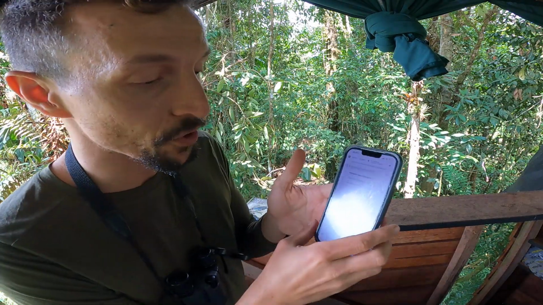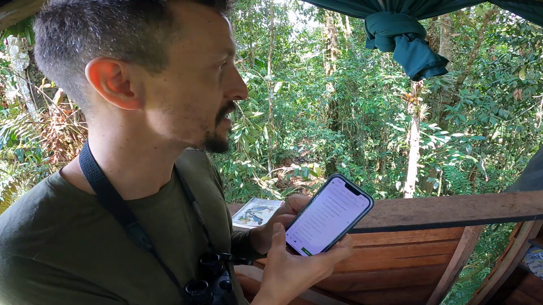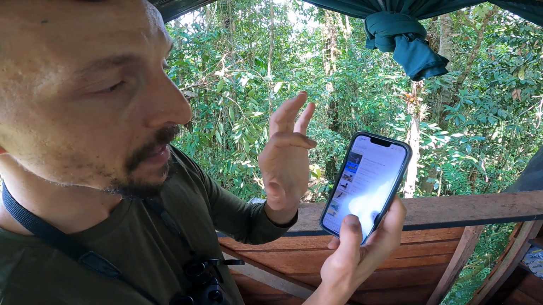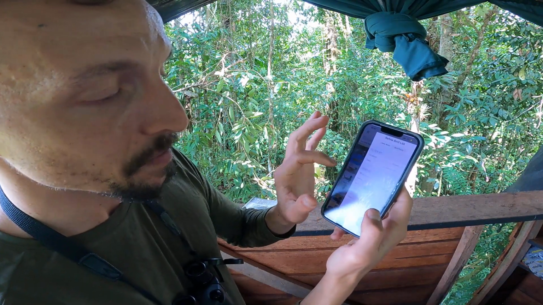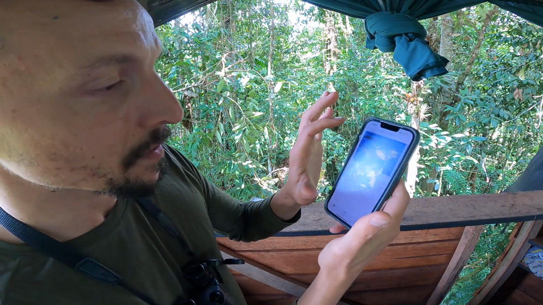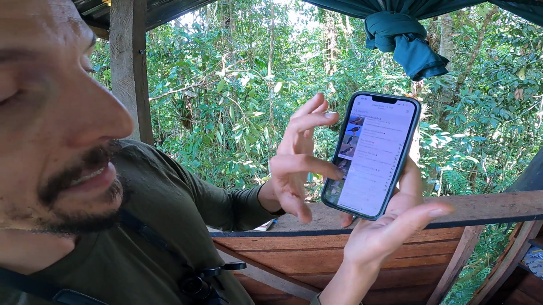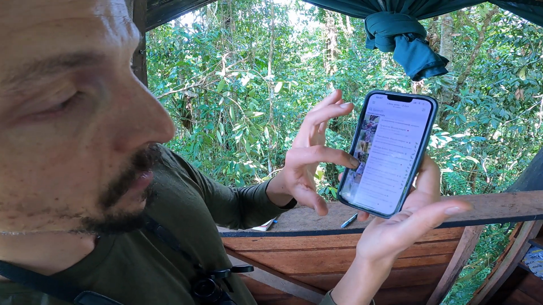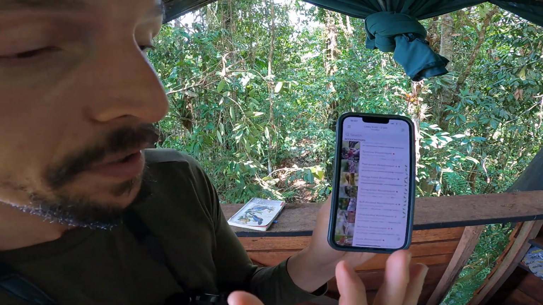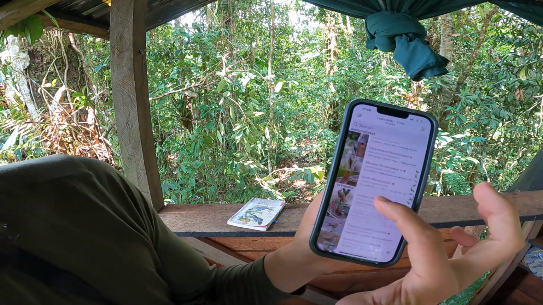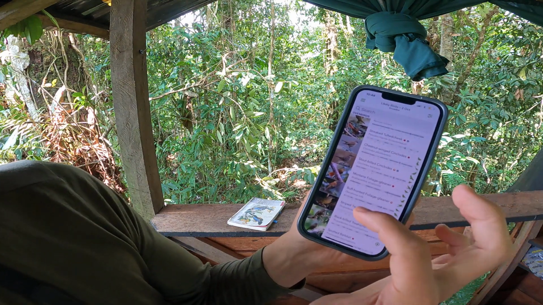Sometimes you might get something that's more tricky. Like for example, I saw something that I think is a type of antbird or a treehunter. So what I'm going to do is go into Merlin and search by family, and then scroll down to the family that I think it is in, and then I can look through by family. This is also a good way if you think you know a bird call, or at least the type of bird or family, you can go in here and see all the woodcreepers side by side, for example. So I think that this was some type of foliage-gleaner, so I can go in here,